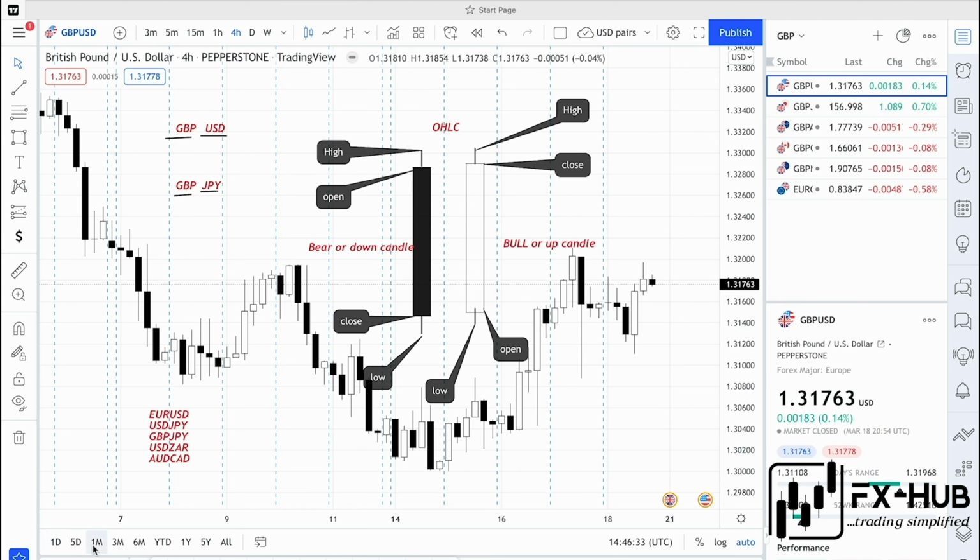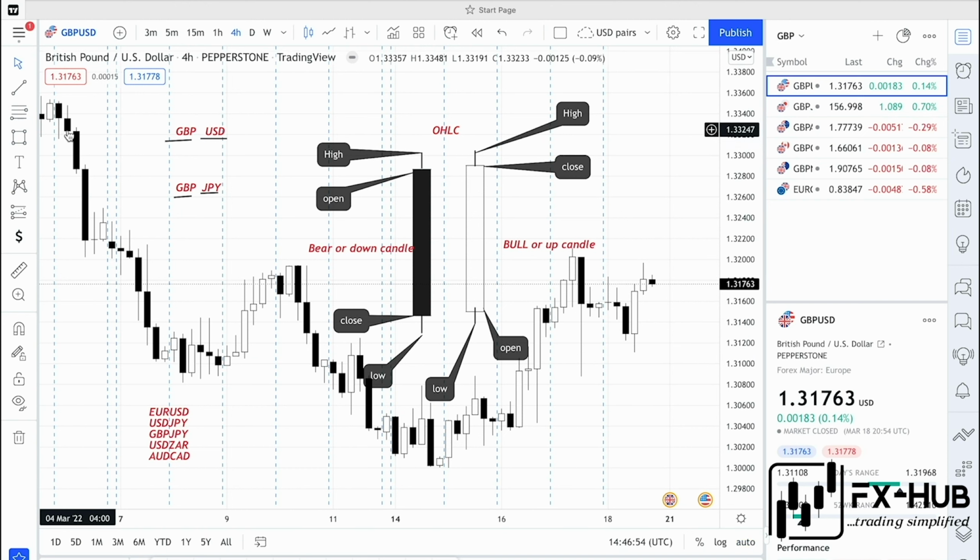Please look at this very point so you can get what I'm trying to say. As at 4th of March 2022, when the time was 4 a.m. in the morning, now let's get the price. As at 4th of March 2022, at 4 a.m., the price of 1 GBP, Great British Pounds, to a dollar is